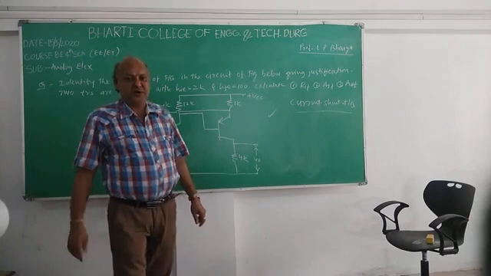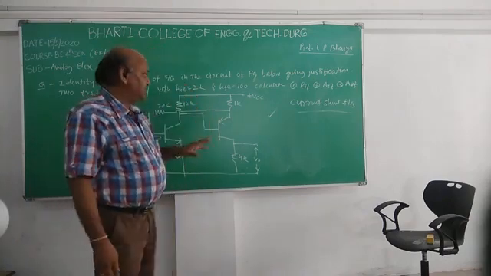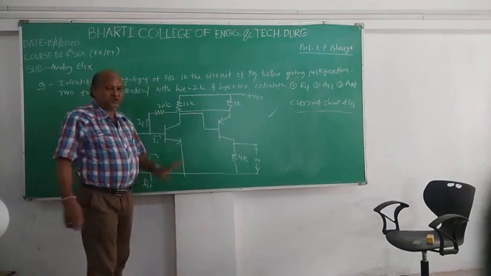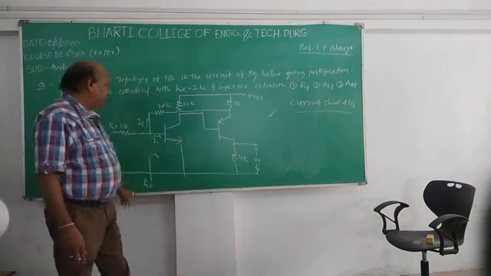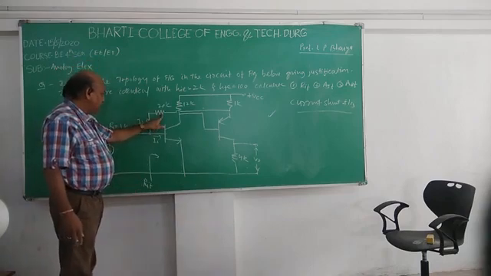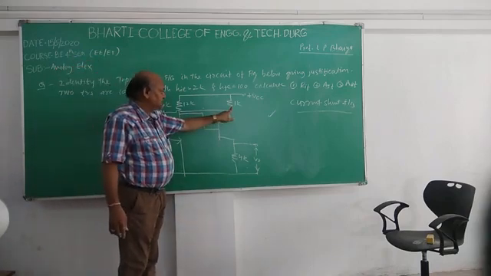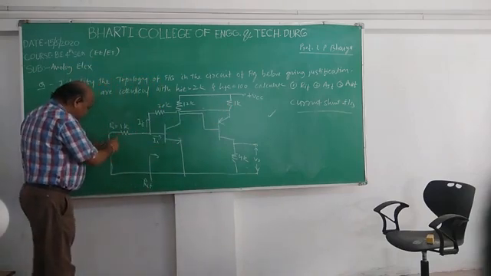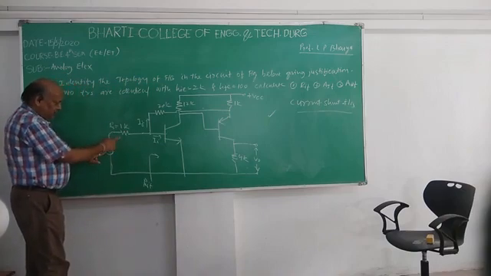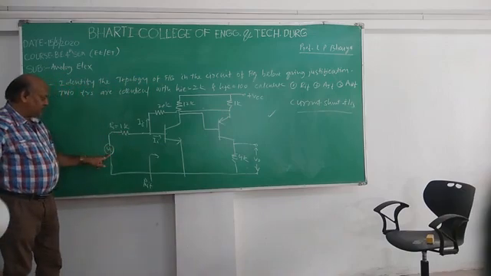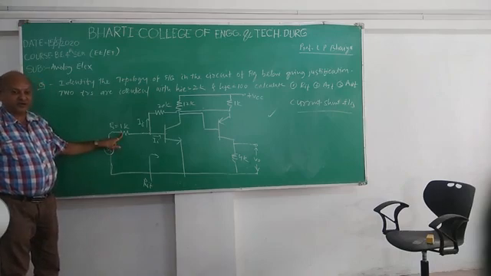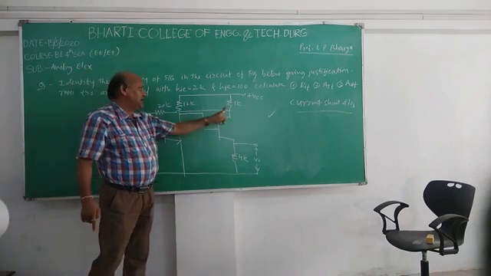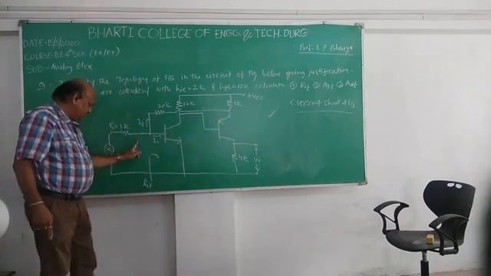This is the first step. Now what is the next step? To draw the equivalent circuit. While drawing the equivalent circuit, you have to remove this feedback. So while removing feedback, this 20 kilo ohm resistance plus this 1 kilo ohm resistance will come in series with the parallel of this one. Vs and Rs will be converted into a current source, and in parallel with this, these two resistances, 20 kilo ohm and 1 kilo ohm, will be in series with this.